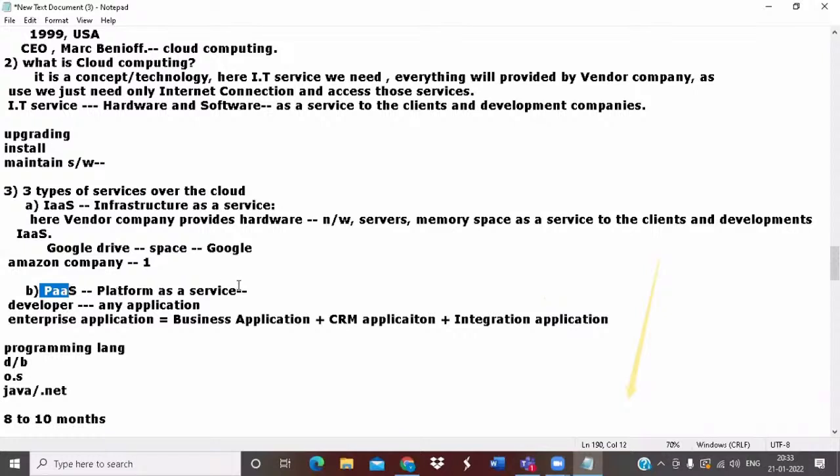The platform name given by Salesforce is called Force.com. What is the platform name? Force.com. Force.com is the platform given by Salesforce, on which developers can develop applications very quickly. That is why it can be called RAD. RAD stands for Rapid Application Development. If you want to develop the application on the Force.com platform, we can develop it very quickly, comparatively